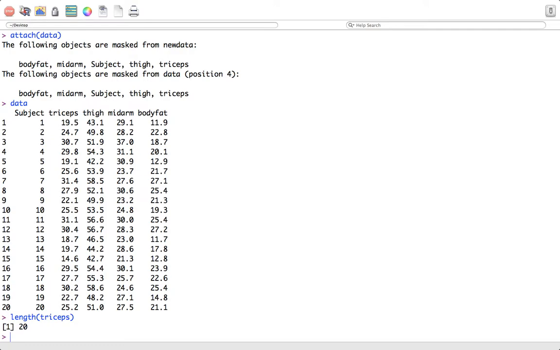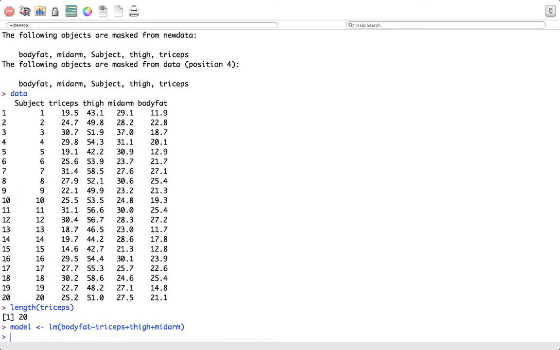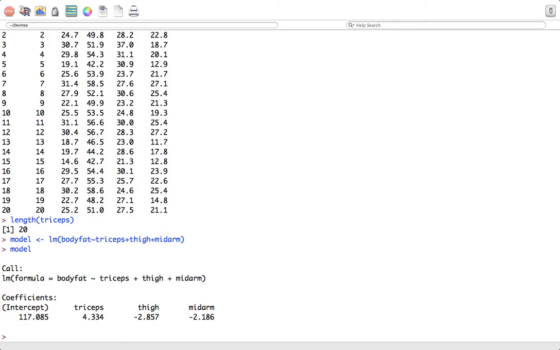What I'd like to do is create a model predicting body fat from triceps plus thigh plus mid-arm. So far we've been focusing solely on our model with just 2 predictors, but I want to change things up a little bit. With i=3, our predicted model, I'm going to write this down, is 117.09 plus 4.33